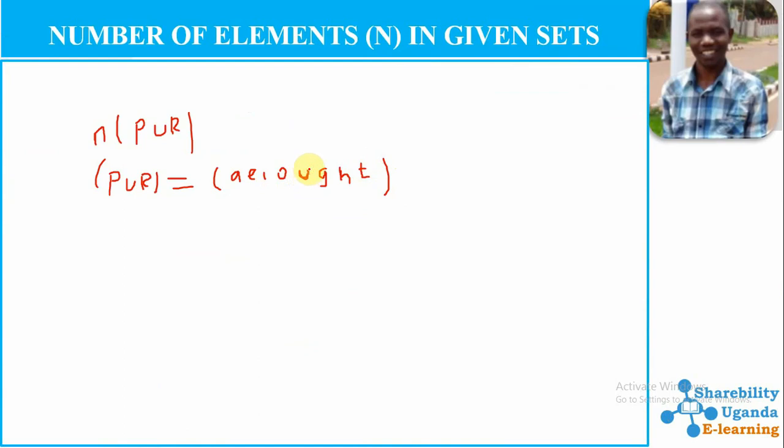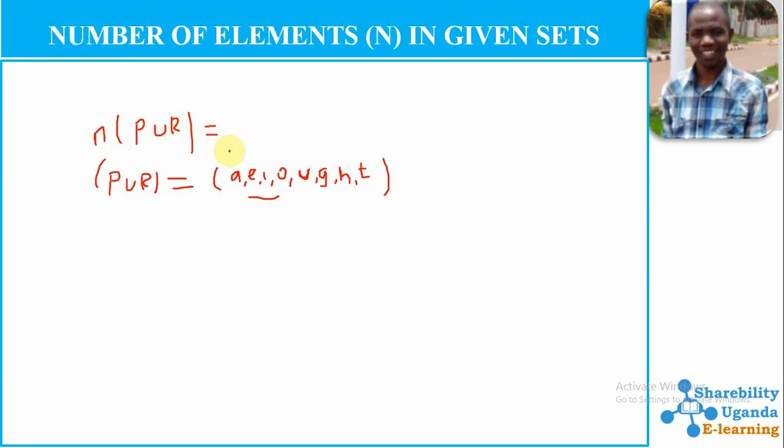Even those that belong to both sets, we include them, but we don't write them twice. We only write them once. So now we have been able to identify these members who belong to all the sets. Okay. So now for us to get n(P union R), the number of P union R, we shall be